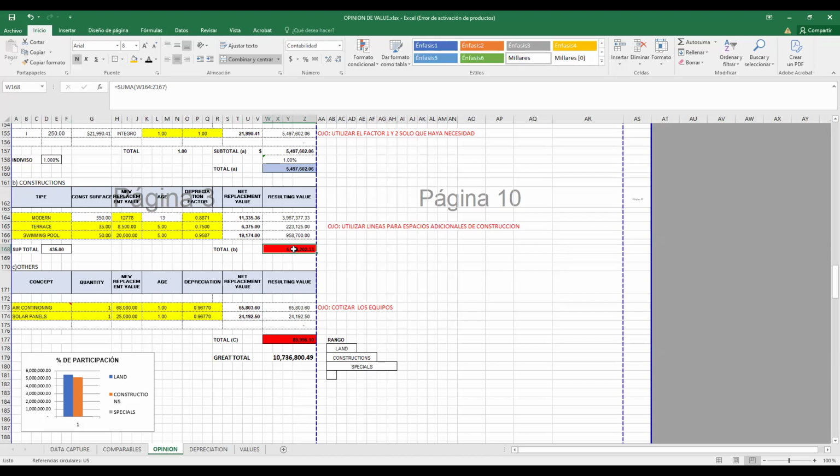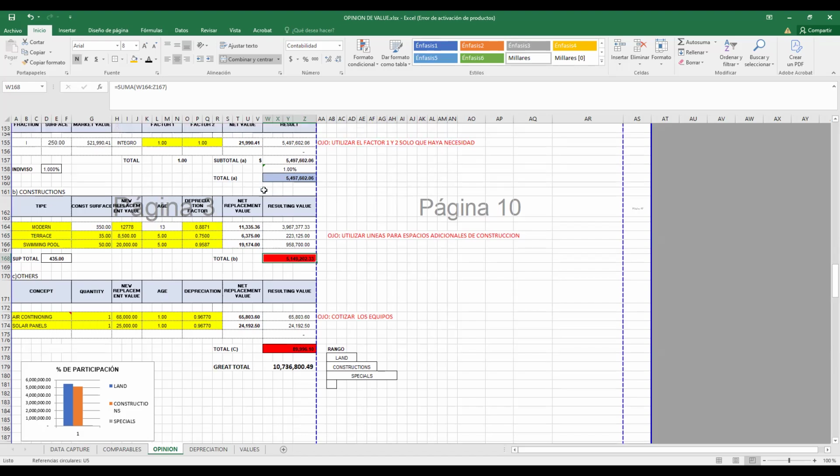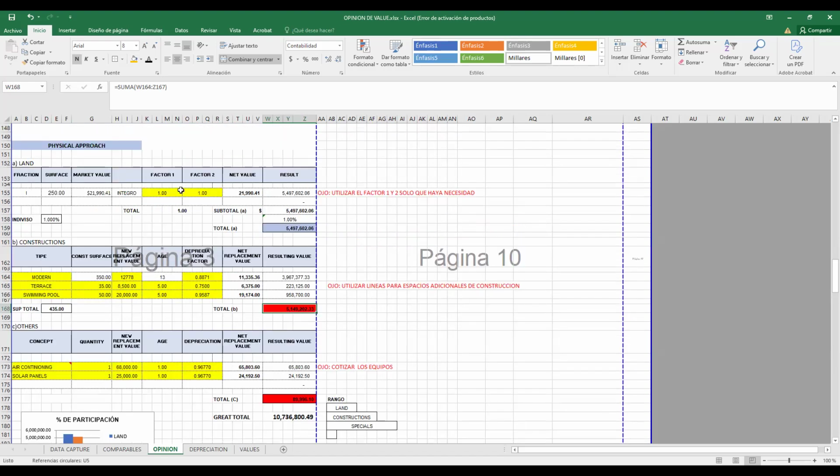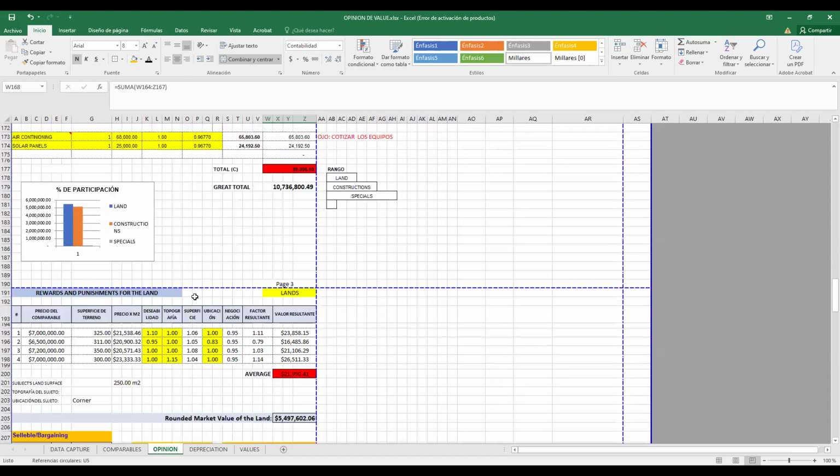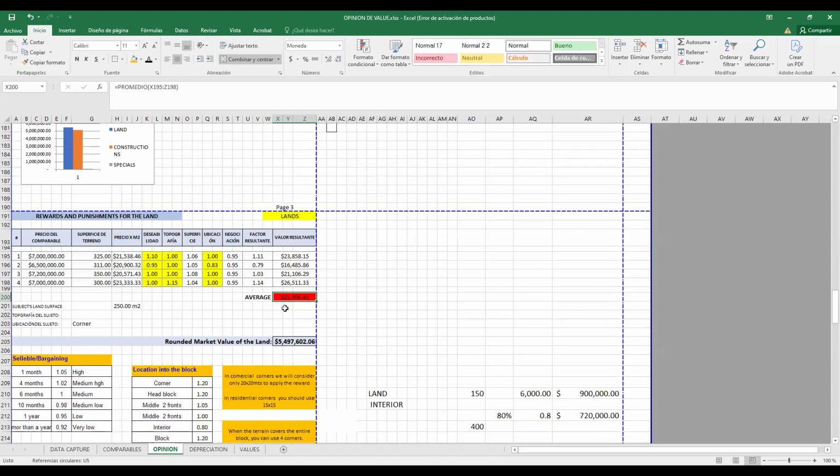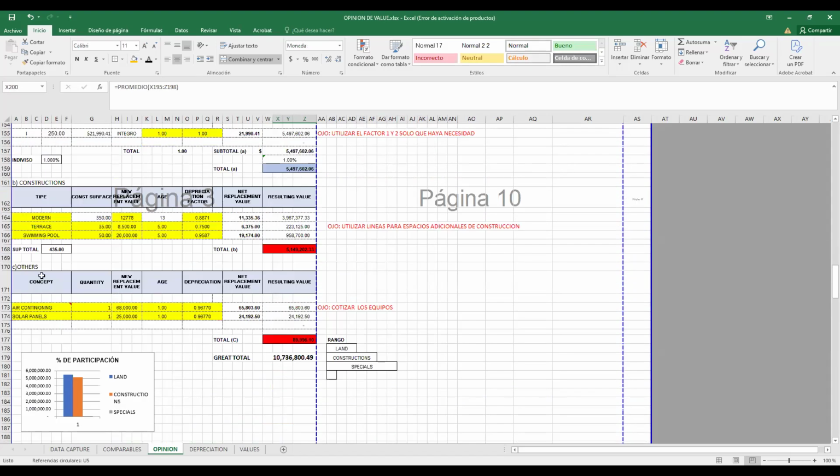So we have here in the red cells the price of the construction and the price of the land. Remember, the price of land comes from this investigation. Others, you need to quote all the information, to check the prices, air conditioner, and the conservation status.